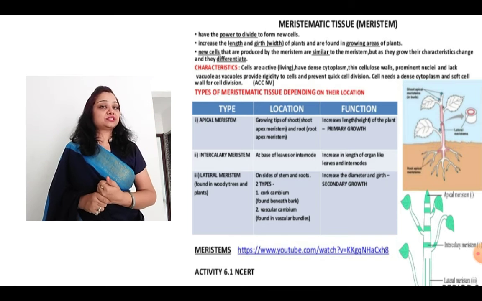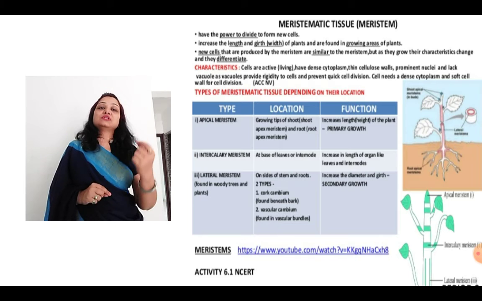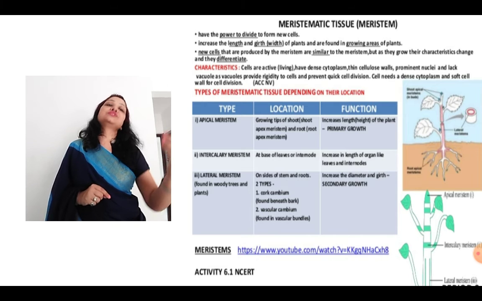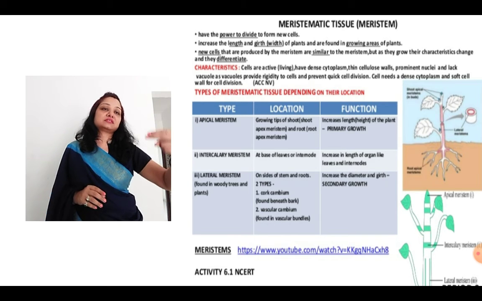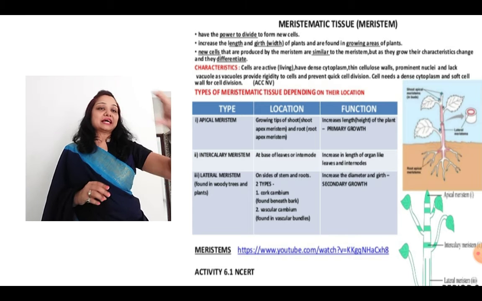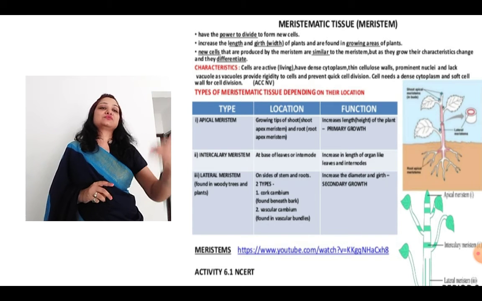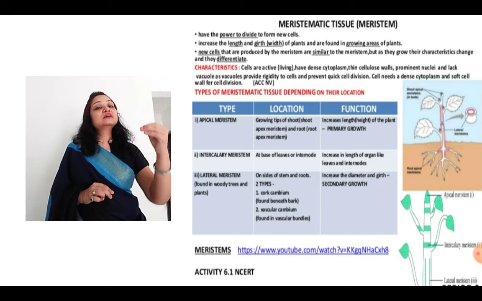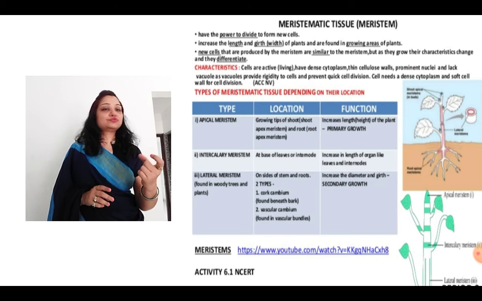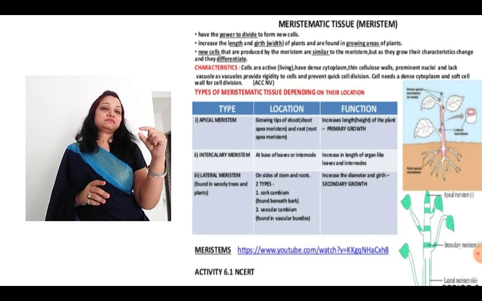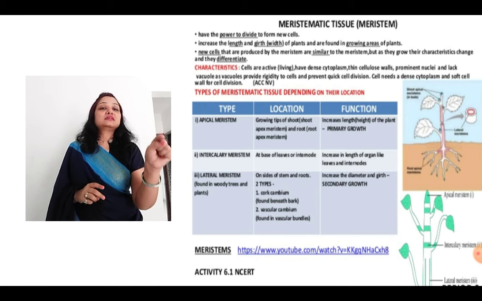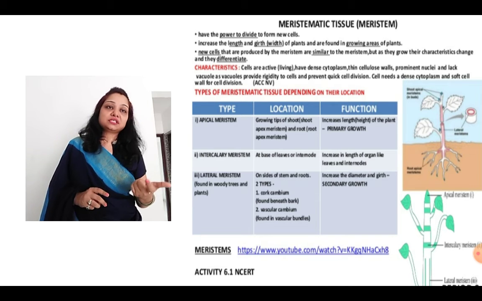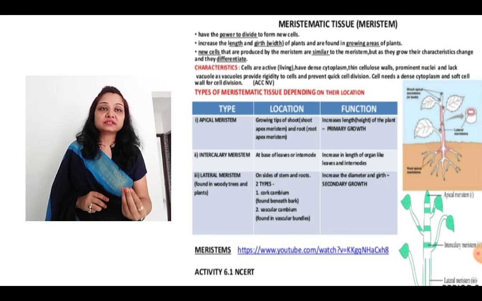Now the next type of meristem is intercalary. The location is, it is located at the base of leaves or the internodes. See the picture? Both the pictures show the plant, and the other one is the section, so that it will become more clear to you, right? So the location is at the base of leaves or internodes. You know the internodes, the space in between the nodes, okay? So see, the intercalary meristem is shown in both the pictures, and its function is to increase the length of organs like leaves